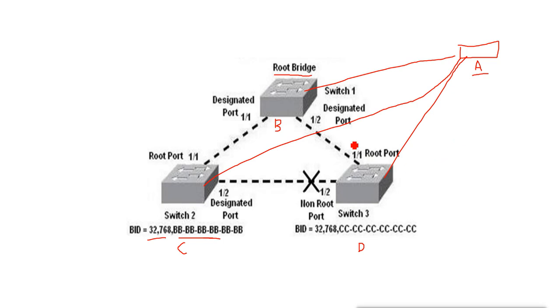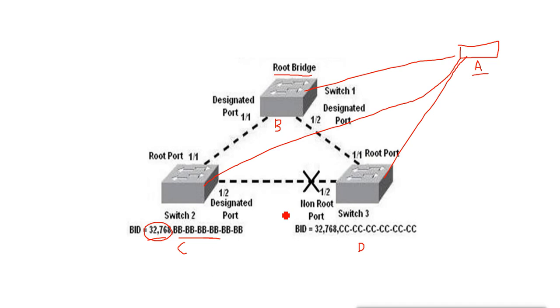So you want to have control in the election, like you want to control which bridge or which switch should be the root bridge. Then what you can do is manipulate the election by changing the bridge ID, the bridge priority. By changing the bridge priority, we can manipulate the election process. So we can select who will become the root bridge.